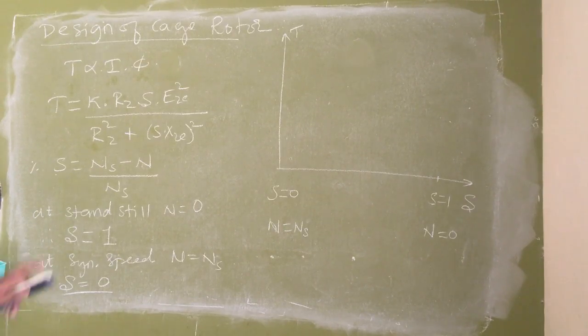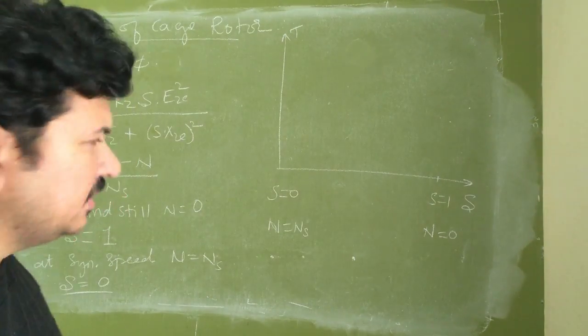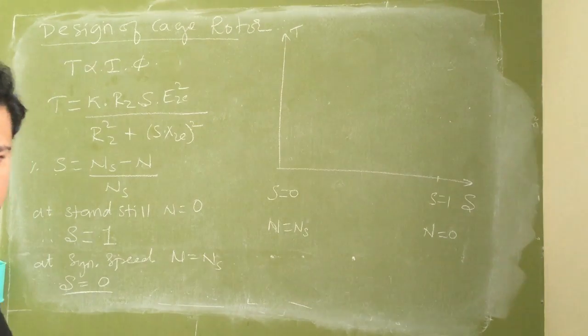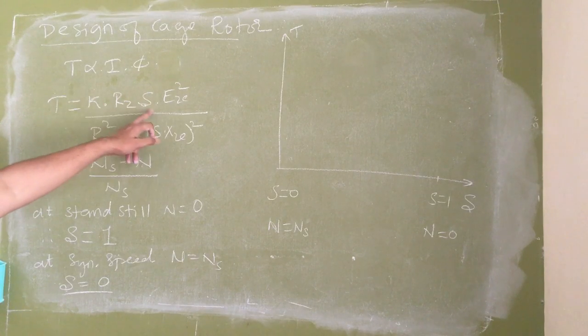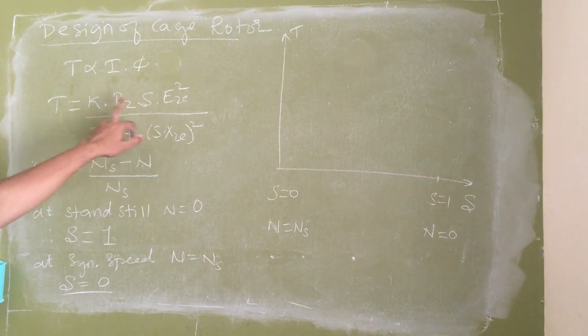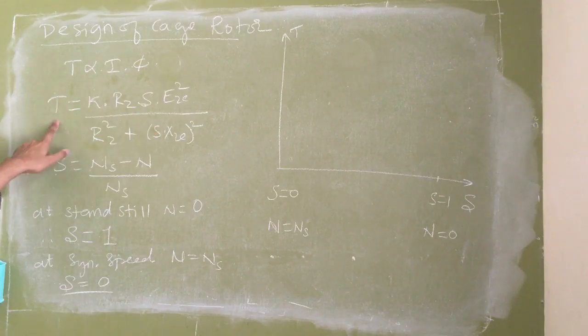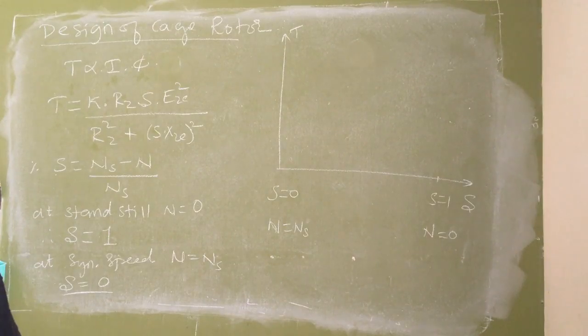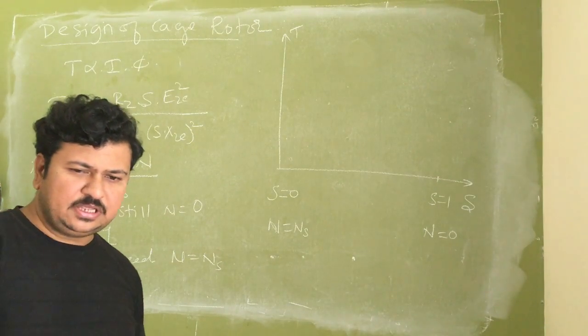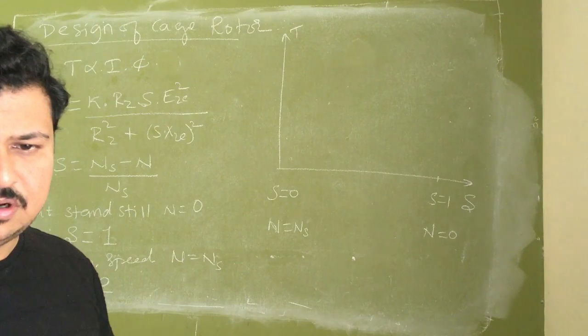Now when I put S equal to 0, at S equal to 0 torque is 0. There is no doubt in that, because torque and S are directly proportional with respect to this equation. S is in the numerator. If I make S 0, torque becomes 0. There is no question of study. The rotor would be standing still, so I don't want to see what happens at S exactly equal to 0. Now suppose S is so small, it is more than 0, but it is negligible.